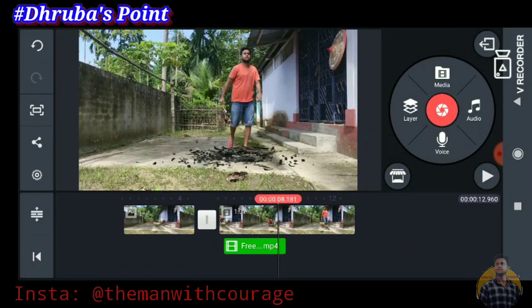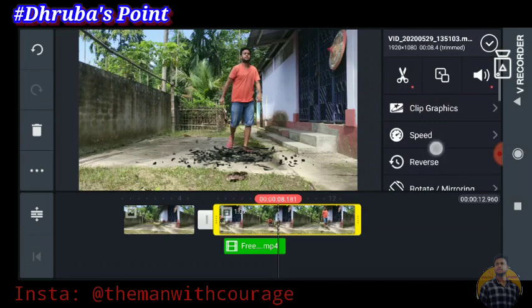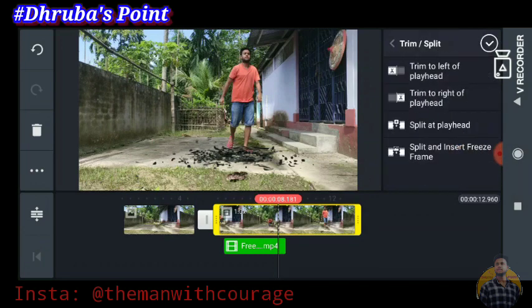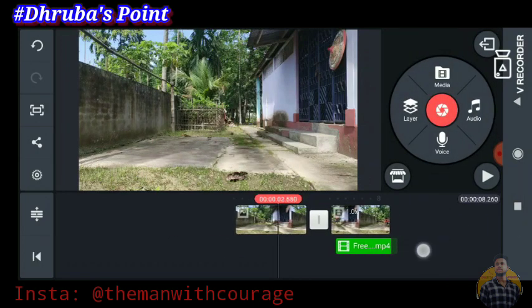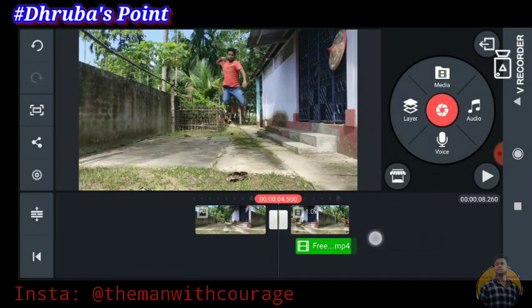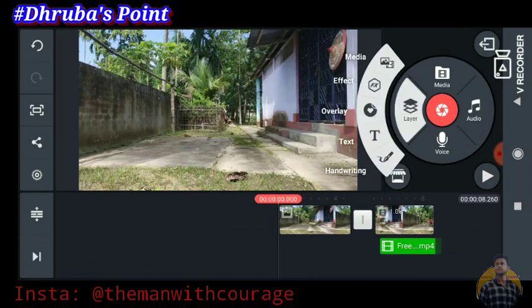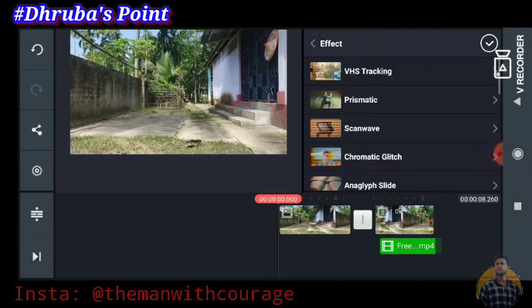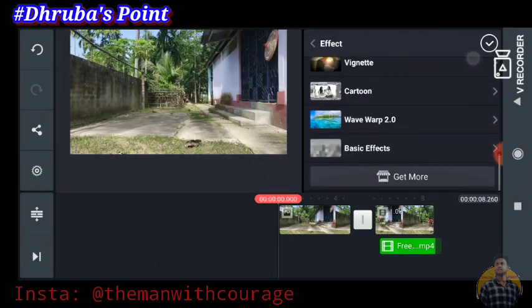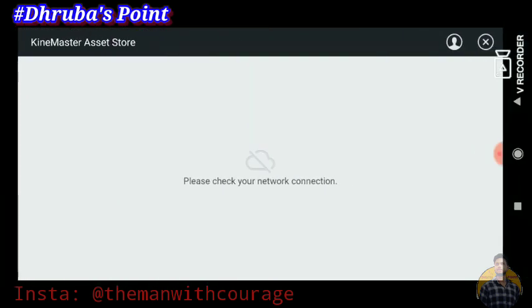Now you have to cut the unnecessary part of this video. Go cutter and trim to right of blade. If you want to edit effect, then you can download more effect from here.